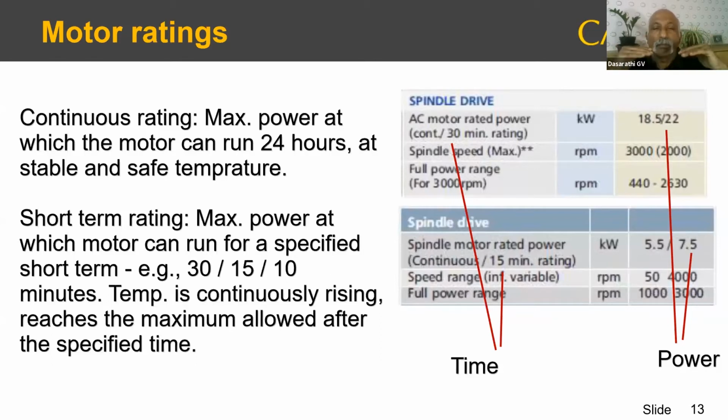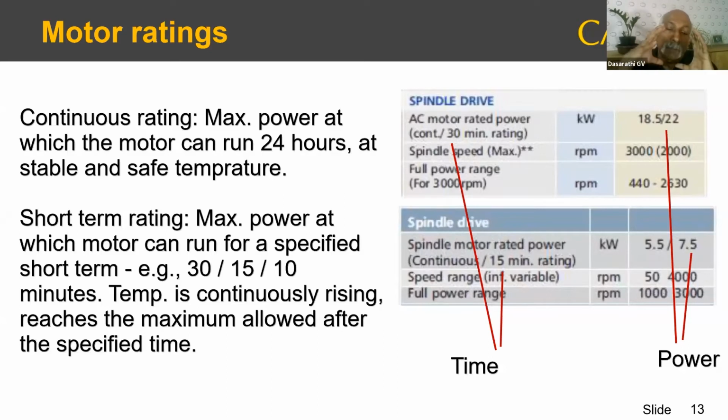That's obviously a lower power. What is happening when the motor is getting heated up? Inside the casing, it is getting heated, and then through the casing, through the fins and so on, the heat is being dissipated into the atmosphere continuously. Now, if the rate of heating and the rate of dissipation are equal, then the motor will attain some stable temperature and stay there, let's say 100 or 120 degrees, at which it can operate.